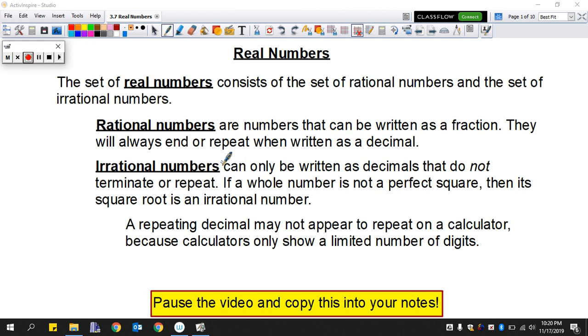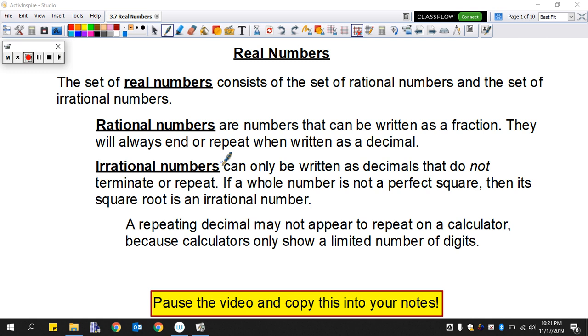In this lesson, we're going to talk about numbers and the different classifications of numbers. Okay, so the biggest classification of numbers is the set of real numbers. And real numbers consist of the set of rational numbers and the set of irrational numbers. Okay, so you might say, well, aren't all numbers real? Well, actually, no, there are some numbers that are what we consider